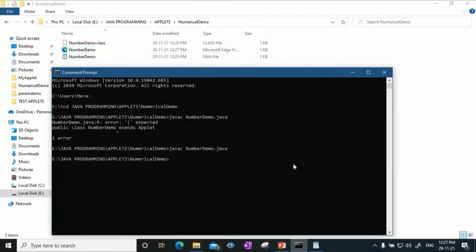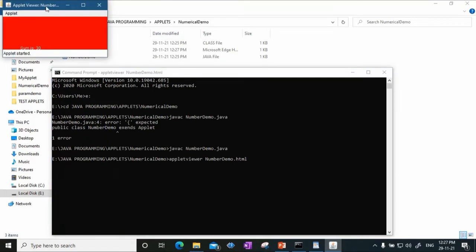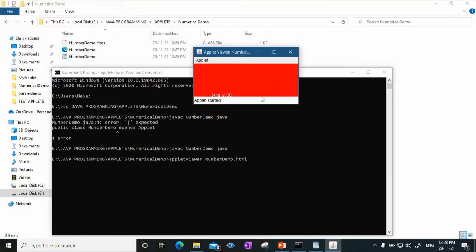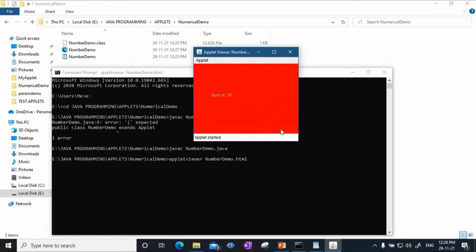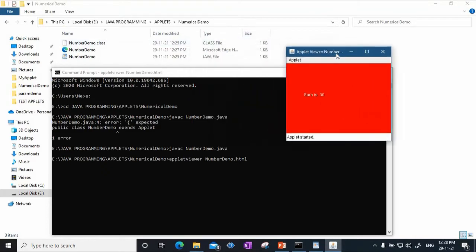Now using appletviewer, I'll say the .html file, and you can see that this time the applet that is displayed, its background color is red, its foreground color is white. Why?